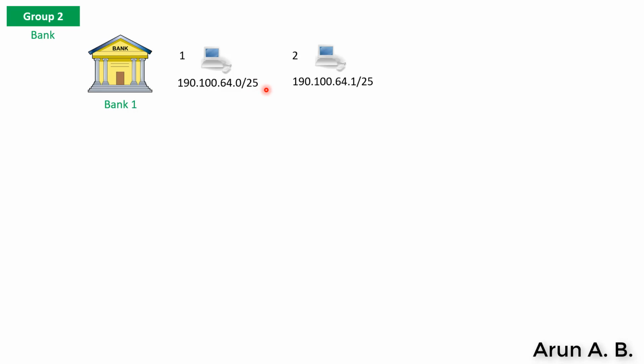So the second system will be assigned 64.1. Similarly, the next third system will be assigned 64.3. As we know that we have only 128 devices or IP addresses in bank 1. Therefore, the 128th system will have 64.127 because we start the assignment with 0. Finally, it reaches up to 127. We are completed with 128 values. The very next value will be